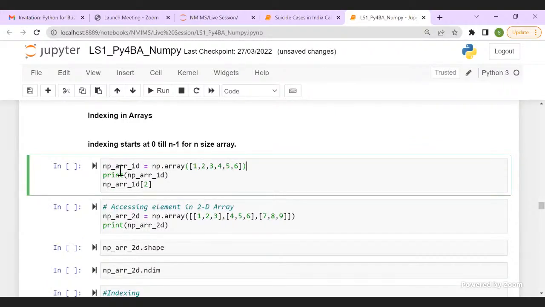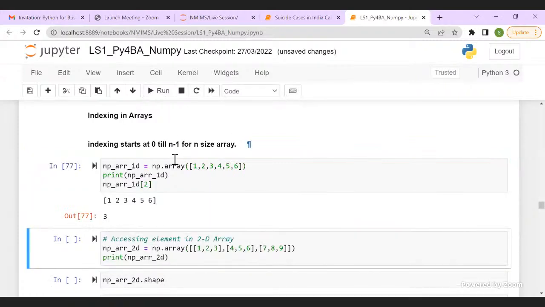This was my 1D array. So if I'm saying index 2, what will be the output? What will be the element value I'm seeing? 3, right? So you got this.